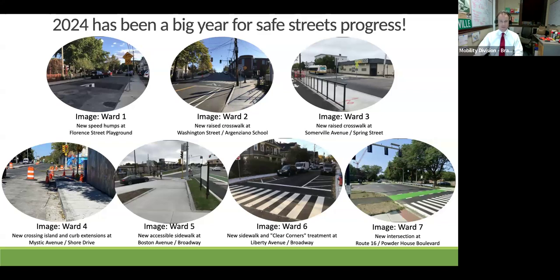You see examples like raised crosswalks, speed humps, curb extensions, and separated bike lanes. These are life-saving infrastructure, and they are common around the country and around the world. Next slide, please.